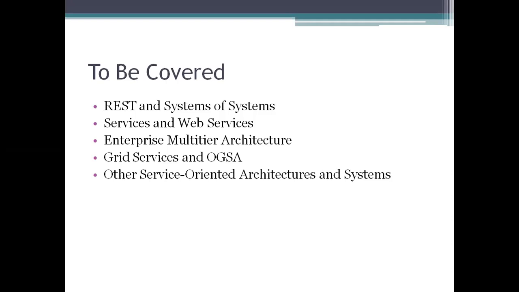Apart from this, we will see some examples of how these services are specified. That means what services we are using and what web services we are providing. In that, we will see what protocol stack we are using and what architecture we are using for processing our data in enterprise multi-tier, and we will cover grid services and open grid software architecture also, which were all discussed earlier in the first unit. That was only for the introduction.